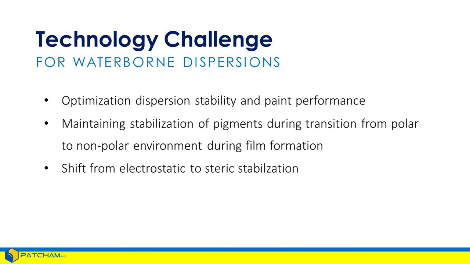And so what if the paint is still fluid enough to flocculate as the stabilization mechanism collapses and falls apart during this film formation process? If it can't prevent that, then you're going to get color change on rub-up. So be aware of that. During that time of film formation, there's a shift from electrostatic stabilization toward steric stabilization.